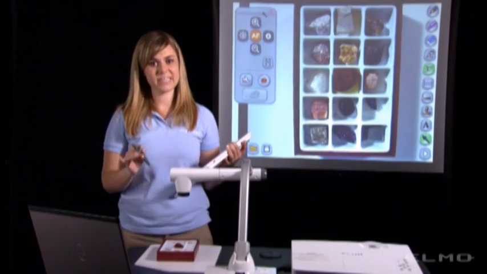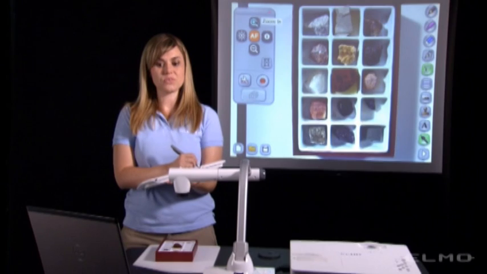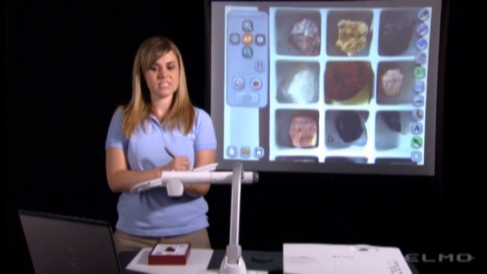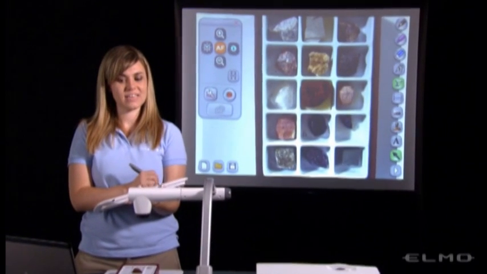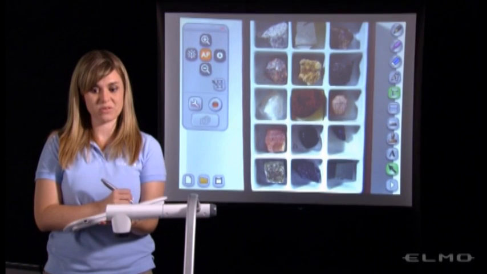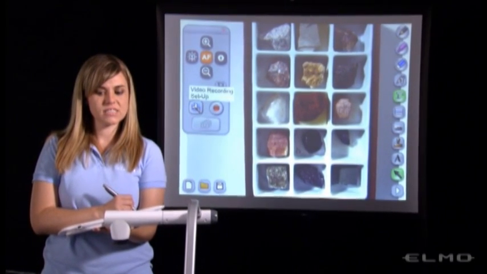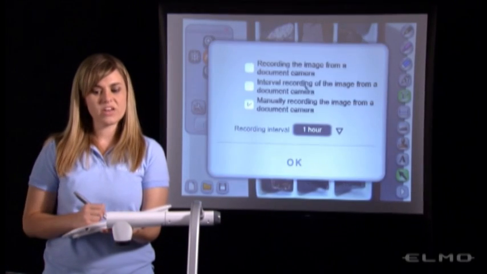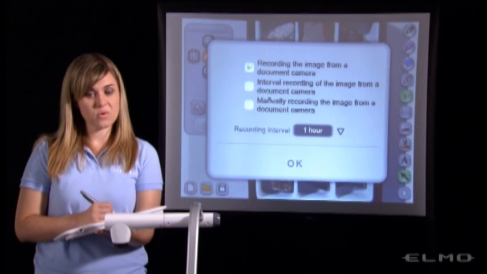In Contents Creation mode, we'll use the remote control to control the document camera. So we can zoom in and zoom out, focus, adjust the brightness, and pause the image using this remote. Also, we can press this REC button, a window will come up, and now we can do regular video recording,